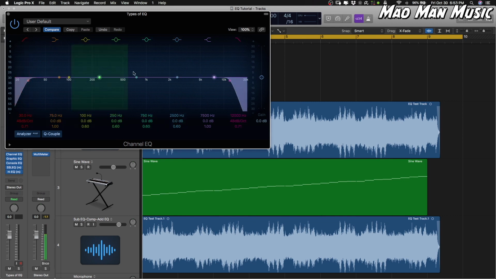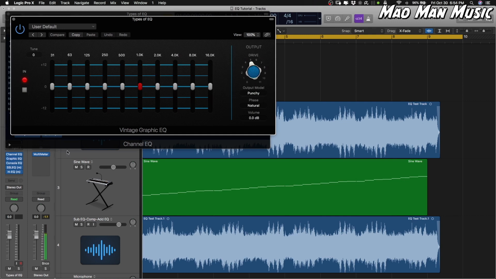Let me show you some of the other EQs that you would see pretty much everywhere. Again, like I said, Logic has a lot of great EQs that are already built in, some of which most people that use Logic don't even know that they're there. So that's nice. Maybe I'll teach you a thing or two today. I don't know. But this is what you would say is sort of a modern type of